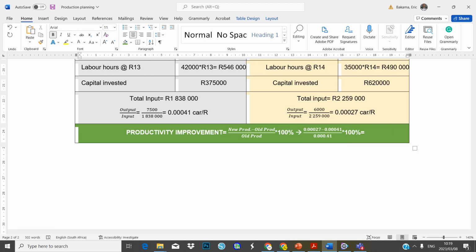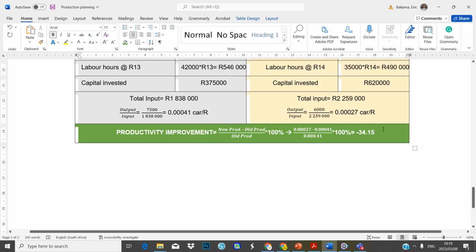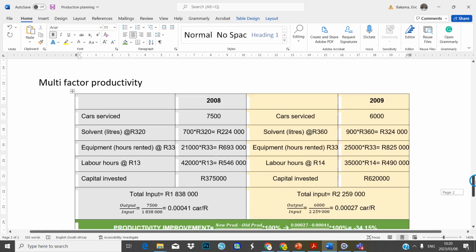So we have 0,00027 minus 0,12341, that we divide by 0,12341. Then we multiply by 100. So the value that we get is a negative 34,115%. Between brackets, this means that the general performance of the company, if I need to give a report,